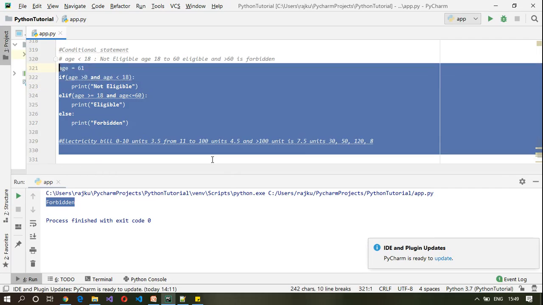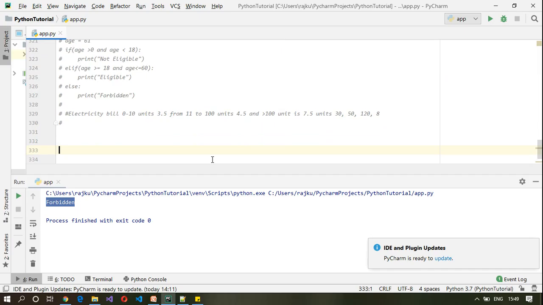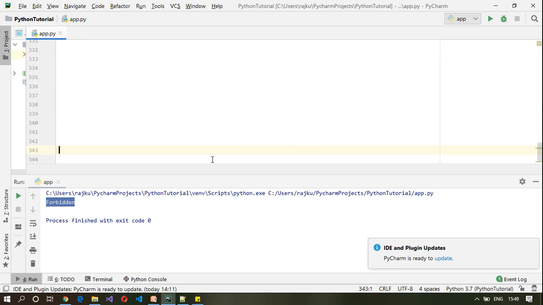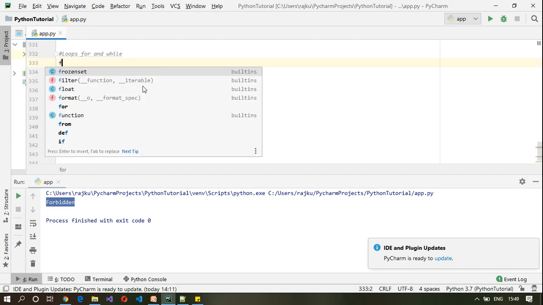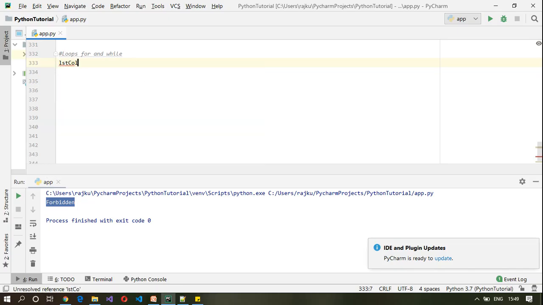Let me comment out these, and we will look at loops now. Under loops, we are going to take a look at two loops: one is the for loop and the other is the while loop. For example, let us define a list here. List of colors is equal to